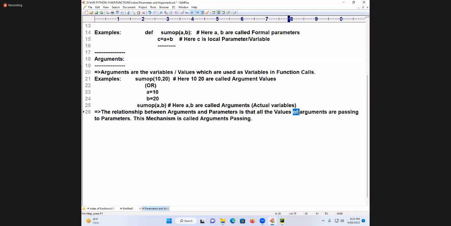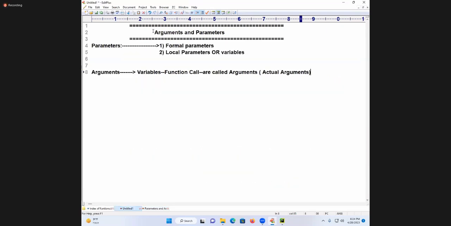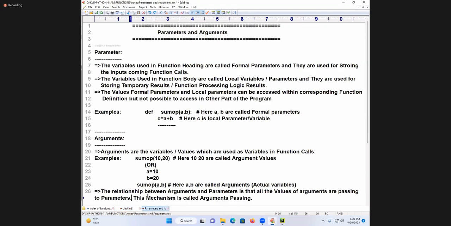Now, the relationship between arguments and parameters is that values of arguments are passed. That means the a, b values are passing to whom? This is known as arguments passing. Now I am introducing today's topic. Arguments and parameters are over. Now I am introducing types of arguments and parameters. Is this concept clear? Parameters and arguments clear?